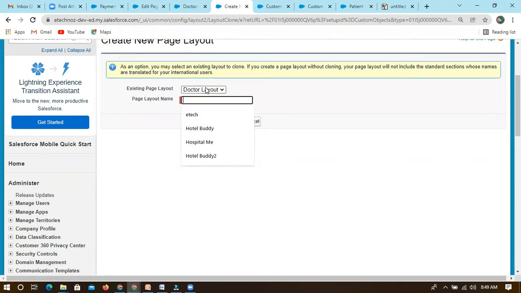I'm selecting the doctor layout so that I get all the fields which are available, and I can modify that. For the page layout name, I can give doctor surgeon, so it is only for surgeon-related use.